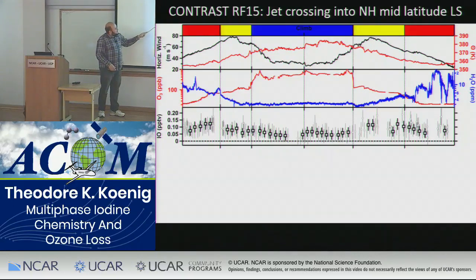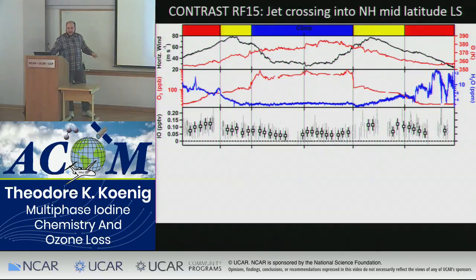But rather than continuing to follow the ozone up, what we see is that the iodine falls down, and it never quite gets to 0. You've got a few low points here, but we keep seeing this iodine persist through the stratosphere, but it's not following the ozone concentration. It's not partitioning as though we were conserving our total iodine budget. So this presented something of a mystery to us. Where is the iodine going?